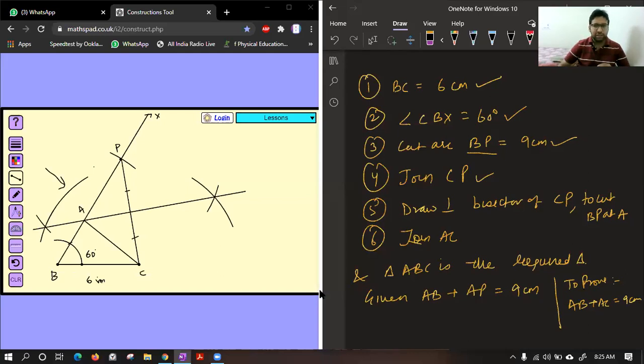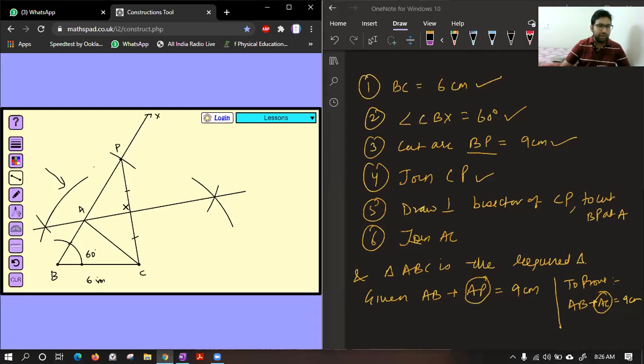Now the thing is, you have to replace AP with AC. Now the question comes, can we say right now AP equal to AC? Piyush, we can say. I will tell you how. This is 90 degree. This is 90 degree. This angle is 90. Now, let me tell you why.